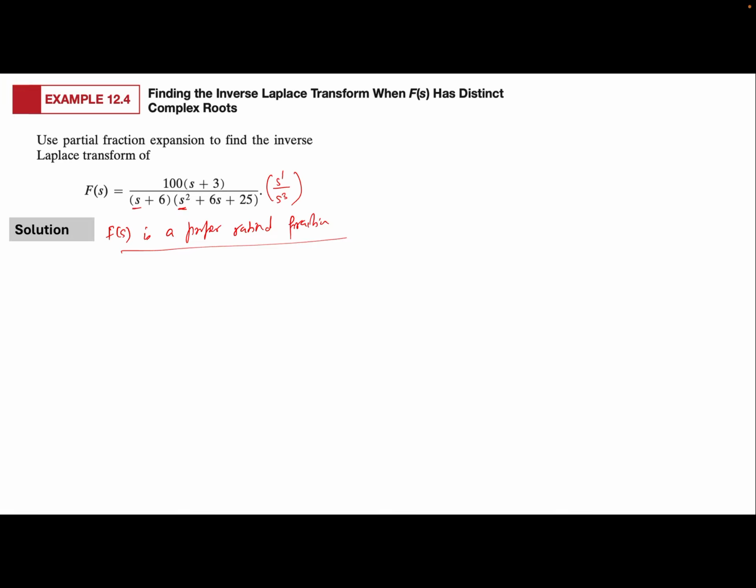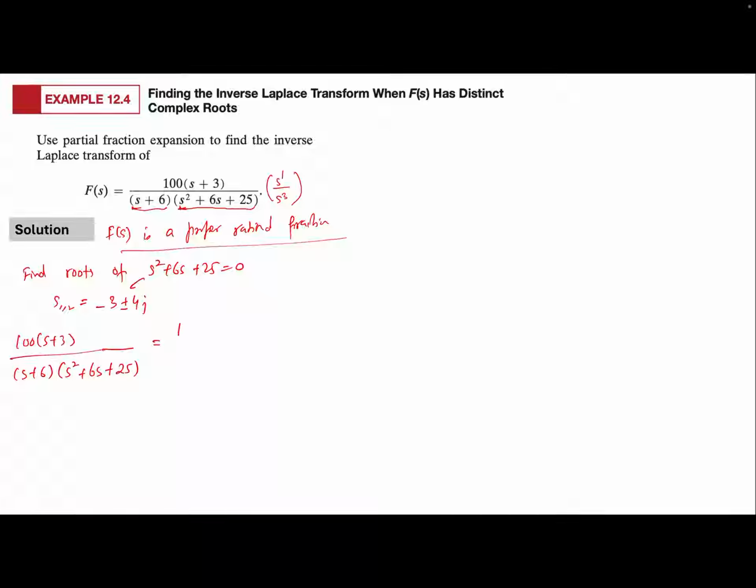Okay, I already know s plus 6, right? Let me find the roots of this quadratic equation. Find the roots of s squared plus 6s plus 25 equals 0. Once you find the roots of this quadratic equation, the roots are going to come out to be minus 3 plus or minus 4j. Right? So I can expand this entire thing, 100 times s plus 3 over s plus 6 times s squared plus 6s plus 25, equals